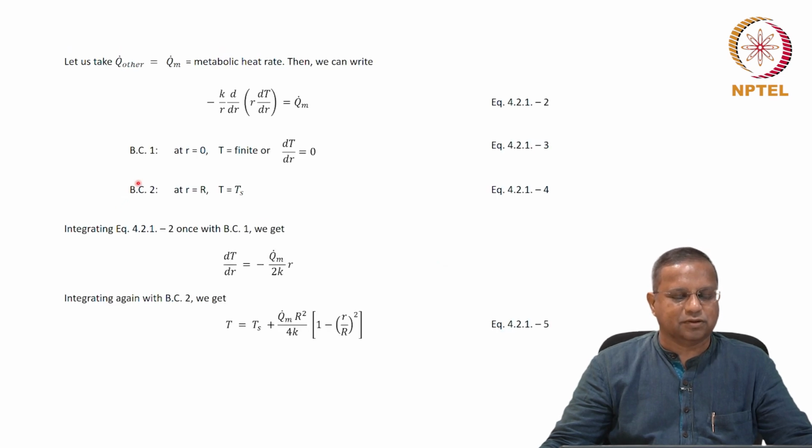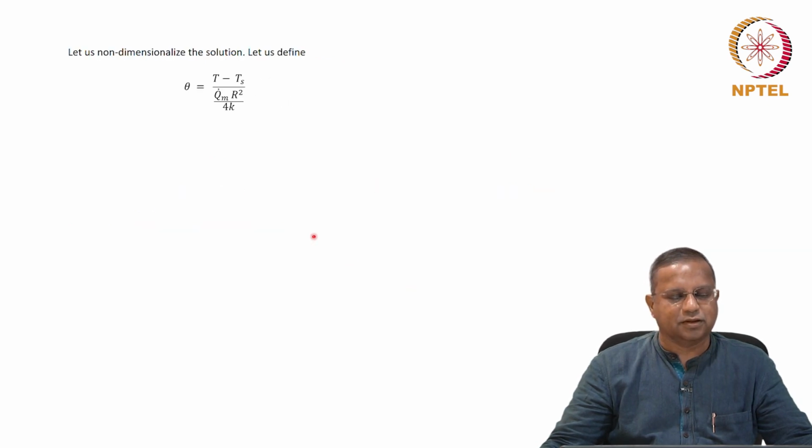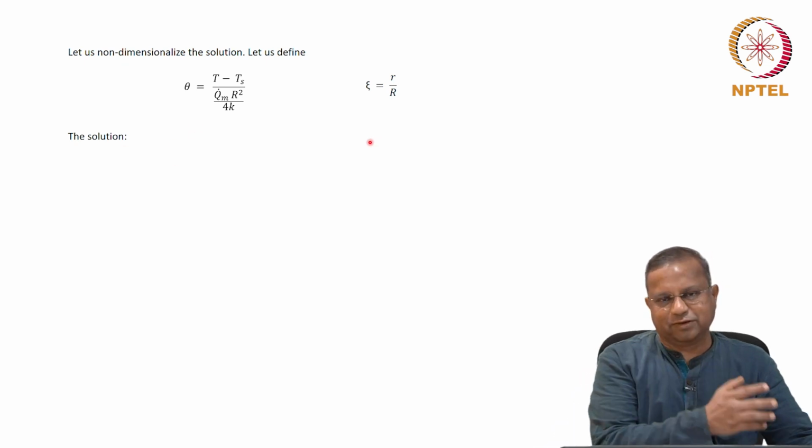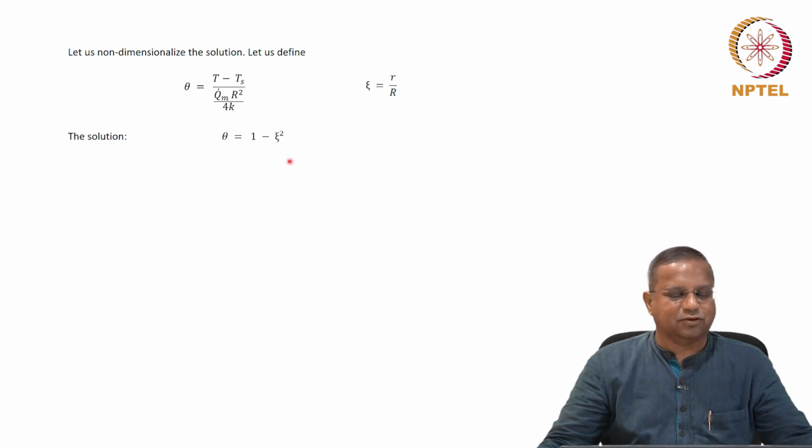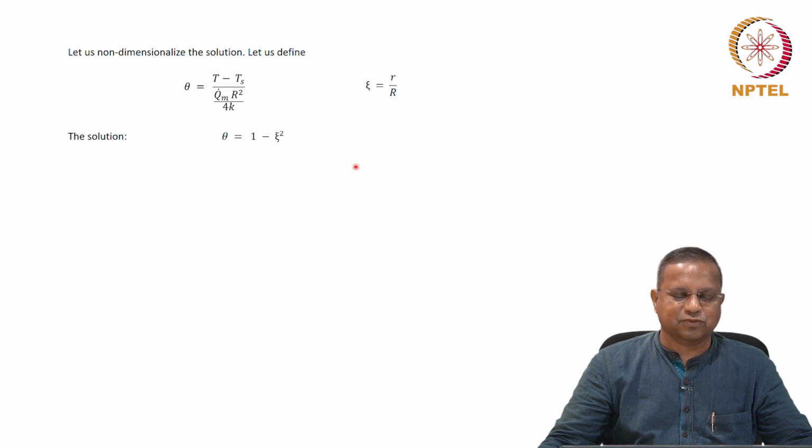Now, let's non-dimensionalize the solution to make it more generally applicable. So we'll define a theta, a non-dimensional variable, as (T minus Ts) divided by qm dot R squared by 4k. You work out the dimensions, it will turn out to be dimensionless. Then we also define a xi, a distance variable, as r by R, the radius of the tissue. It's a muscle. The solution we already know, it's the same solution as in the case of laminar flow through a pipe. The solution is theta equals 1 minus xi squared,